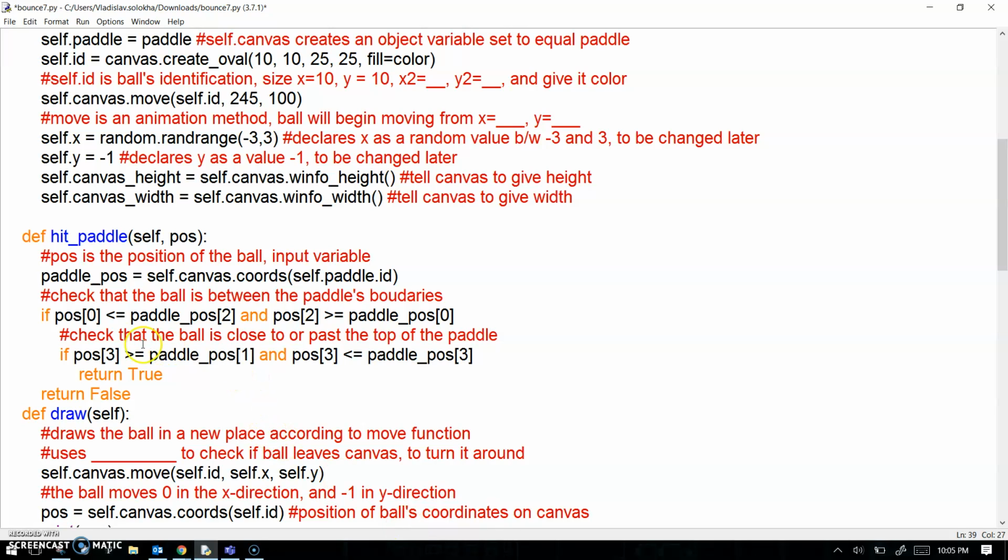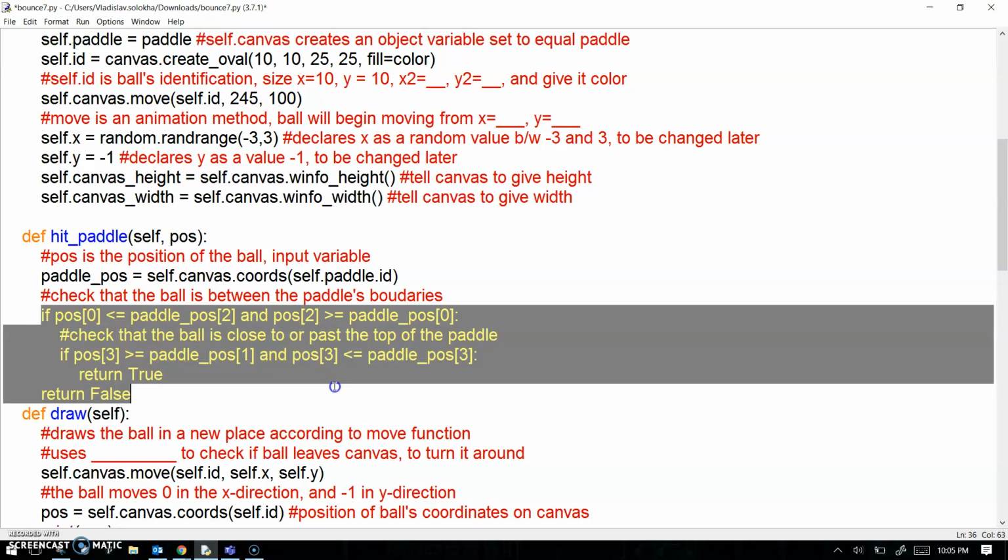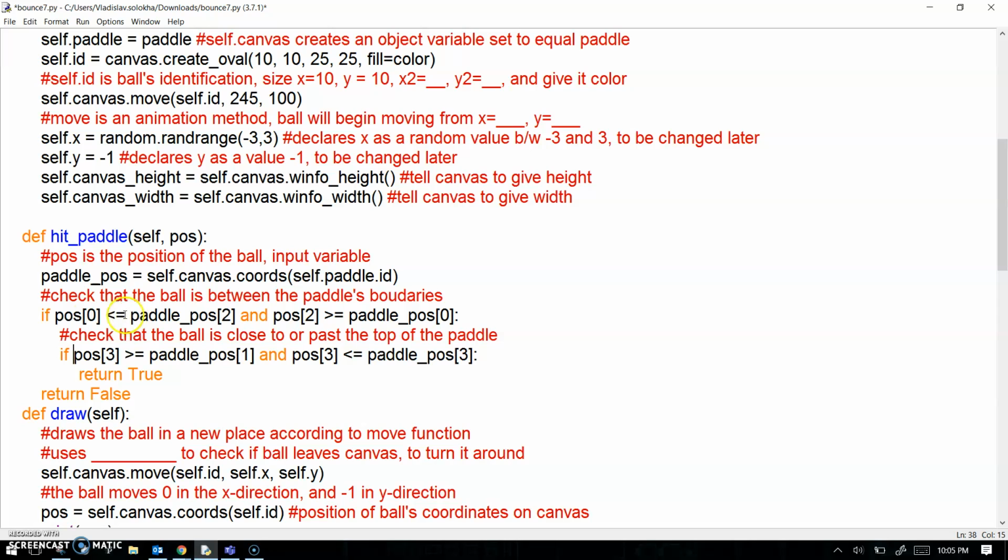So this creates our 4 checks. Remember, an if statement usually ends with a colon. All if statements have to syntactically end with a colon. So I have 2 nested if statements. I could also just combine these into 4 tests all in one line, but that's just